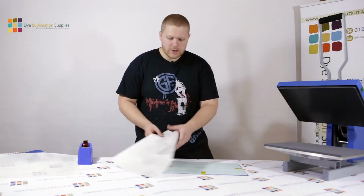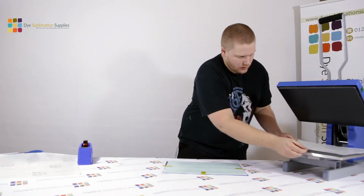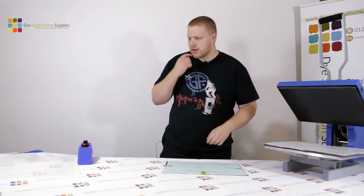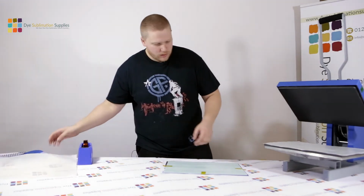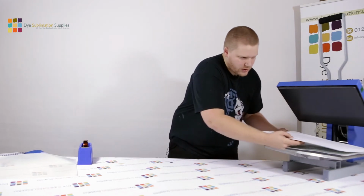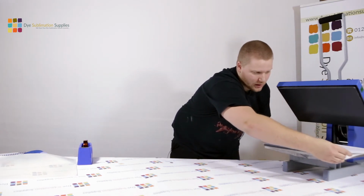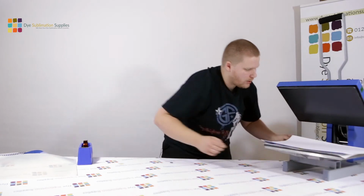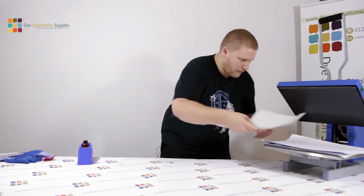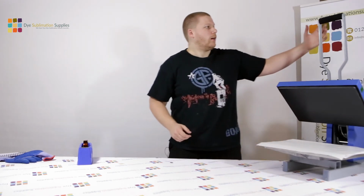Alright, so the image is on the board. What we're first going to do is get a piece of teflon, just a little sheet like that, and put that straight onto the press. That's going to stop any ink transfer between the item and the press, which keeps your press nice and clean. Then on top of that, we're going to put the chopping board so that the sublimation surface is facing up. Now, we're using the A4 press here, so this chopping board is a little bit tight, but it just fits on. Then we're going to put another sheet of teflon on the top, and that just protects the image and the board from the heat element. And then we just drop the press